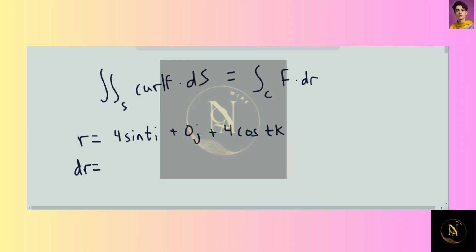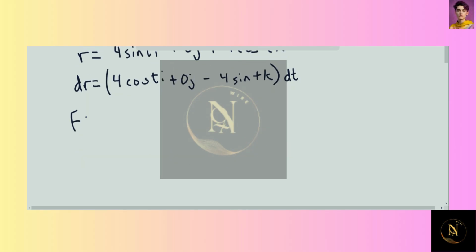we'll have that dr is equal to 4 cosine t i, still your 0 j, plus minus 4 sine t k, with respect to t. And then your F of r of t